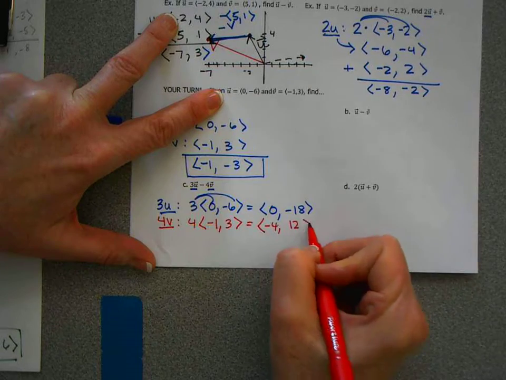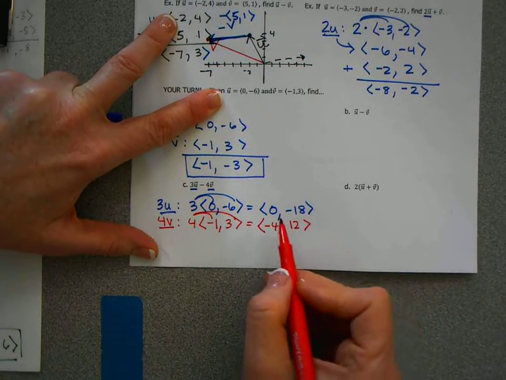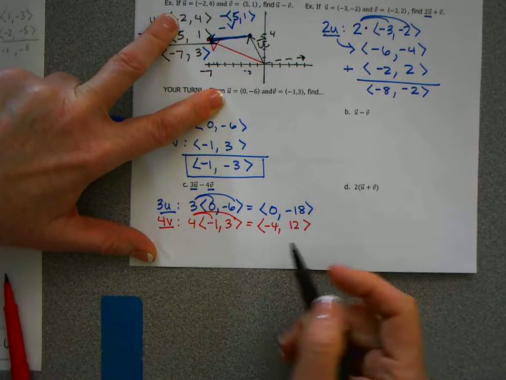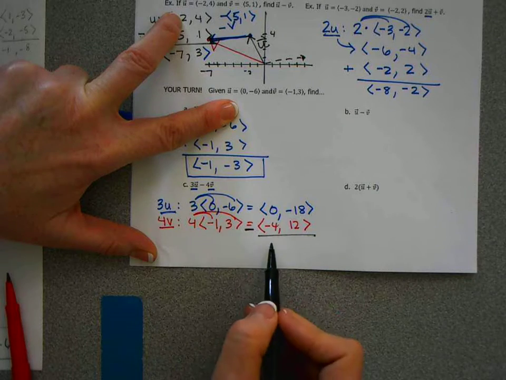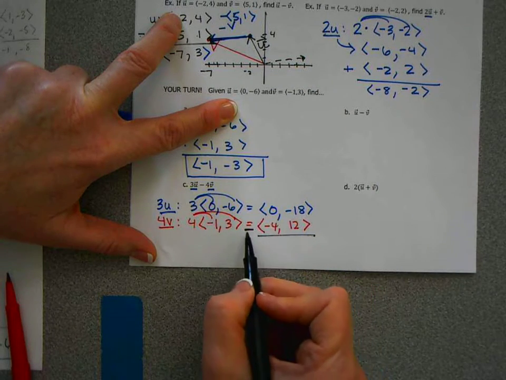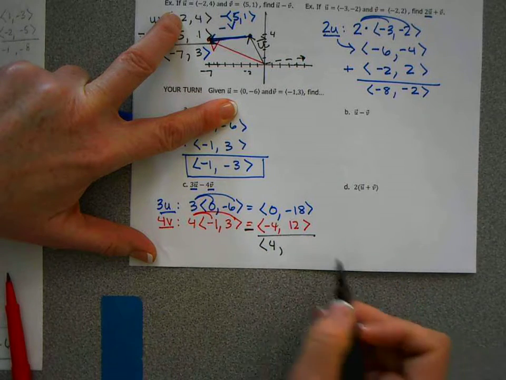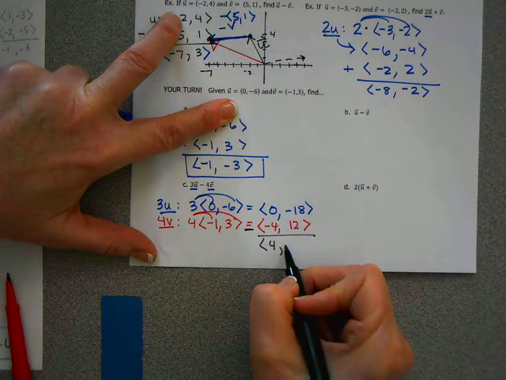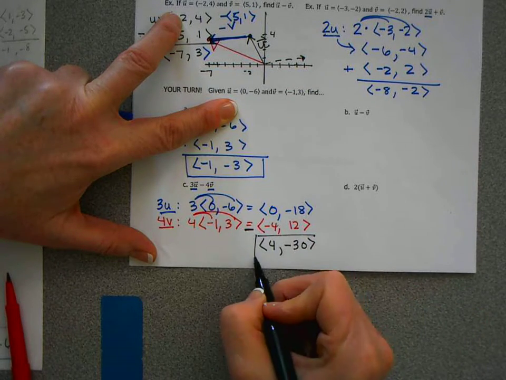Don't forget to distribute. What I want to do is I want to subtract. Okay, I've got them nicely lined up here, so I'm just going to subtract them. But be careful with the operations. So 0 minus negative 4 is positive 4. Negative 18 minus 12 is negative 30. Okay, and that is the answer to 3u